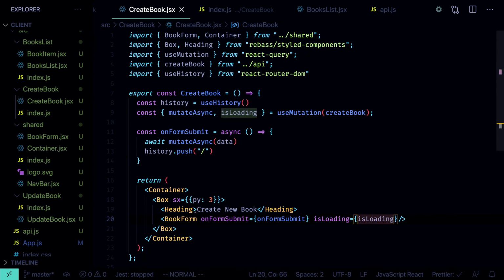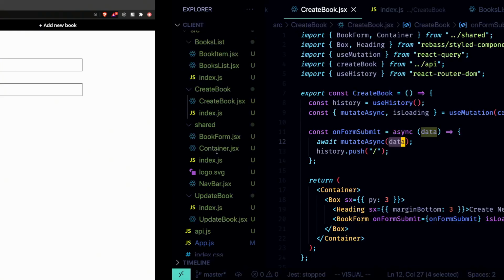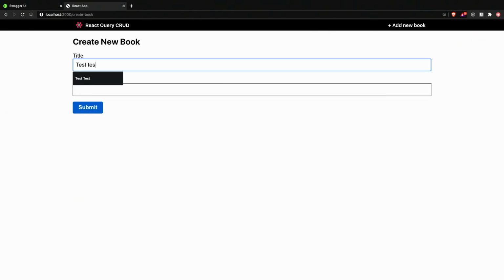Let's add some additional styles to the heading: mb equals 3, and format the document. I'm using the data here, but I'm not getting it anywhere. I forgot to use it in the arguments. So we get it from the arguments from the BookForm, pass it to the mutateAsync function, and then navigate to the root. Let's try: test, test, test book,